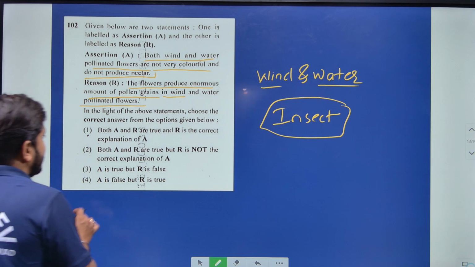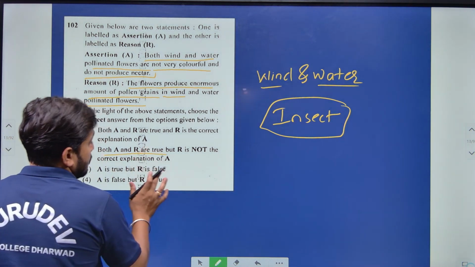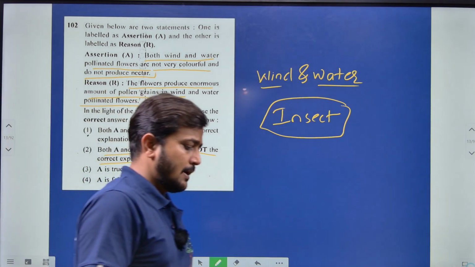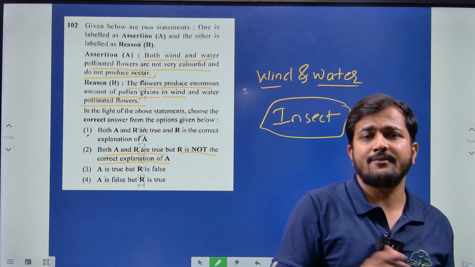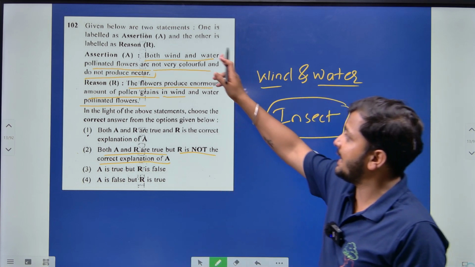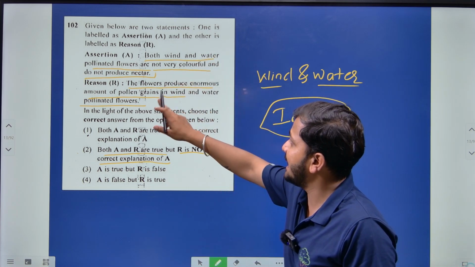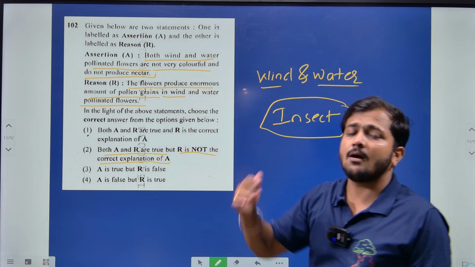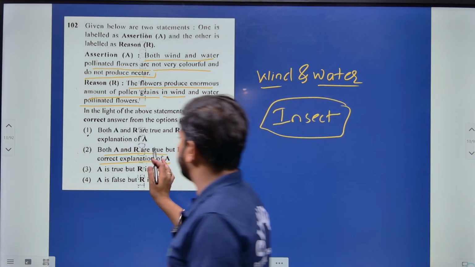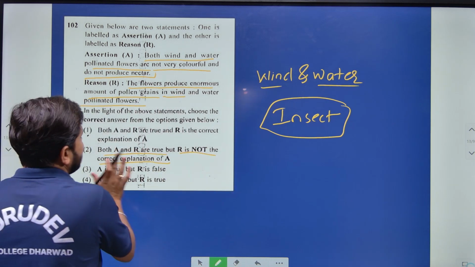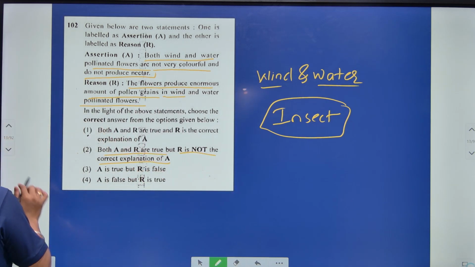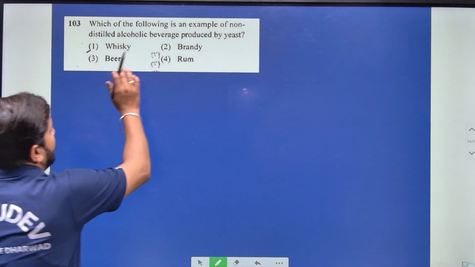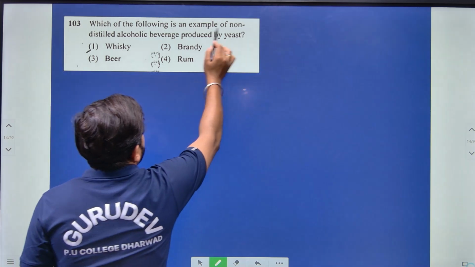So both the assertion and the reason are true, but the reason is not the correct explanation of the assertion. The assertion is related to pollination, but the reason is related to the pollen grains, which are not actually related. So both are true, but the reason is not the correct explanation of the assertion. Then moving on to the next, which of the following is an example of